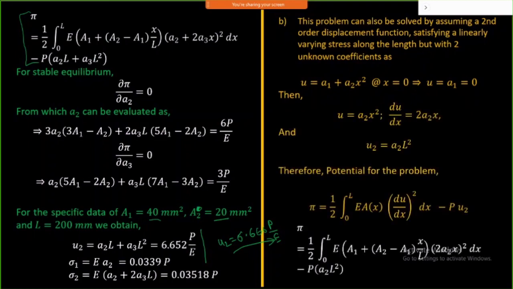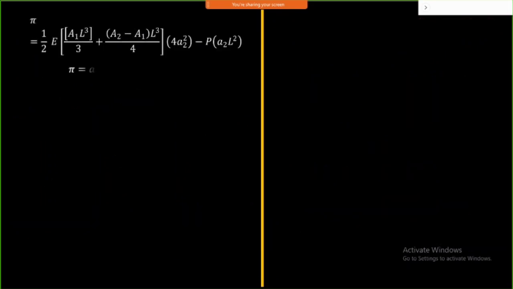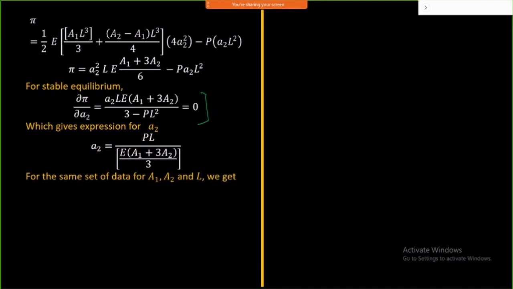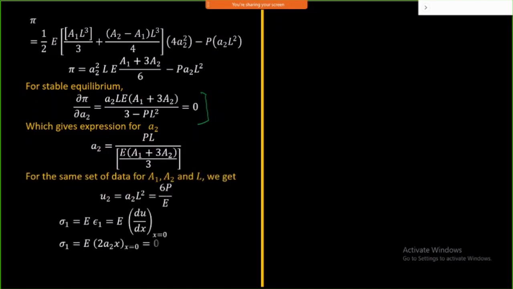In the same fashion we can go on doing it, and then you can observe this also gives a better result, because here we need to calculate only one single constant. In the previous case we were calculating two constants, so we'll get the results. A2 is equal to this. Now I can substitute all this and determine the stresses, displacement field, and all this.